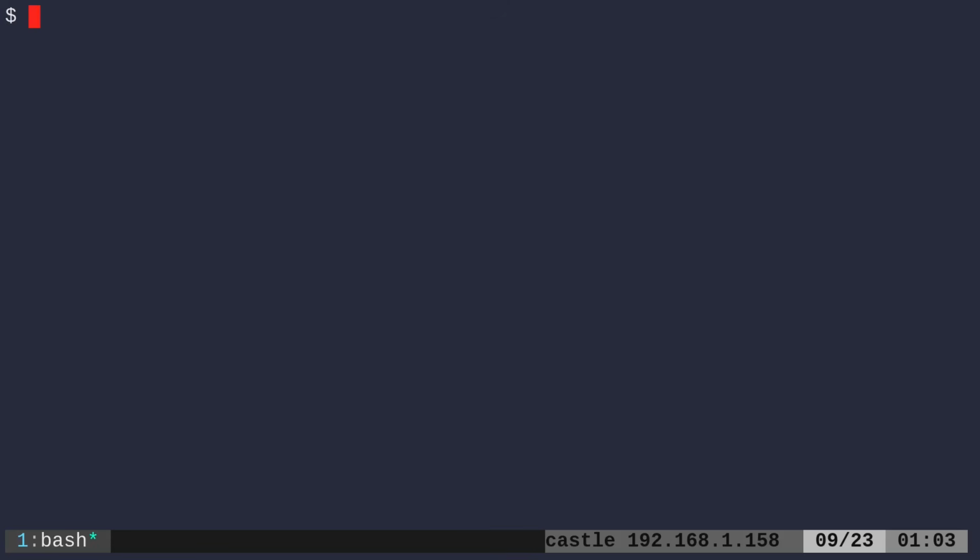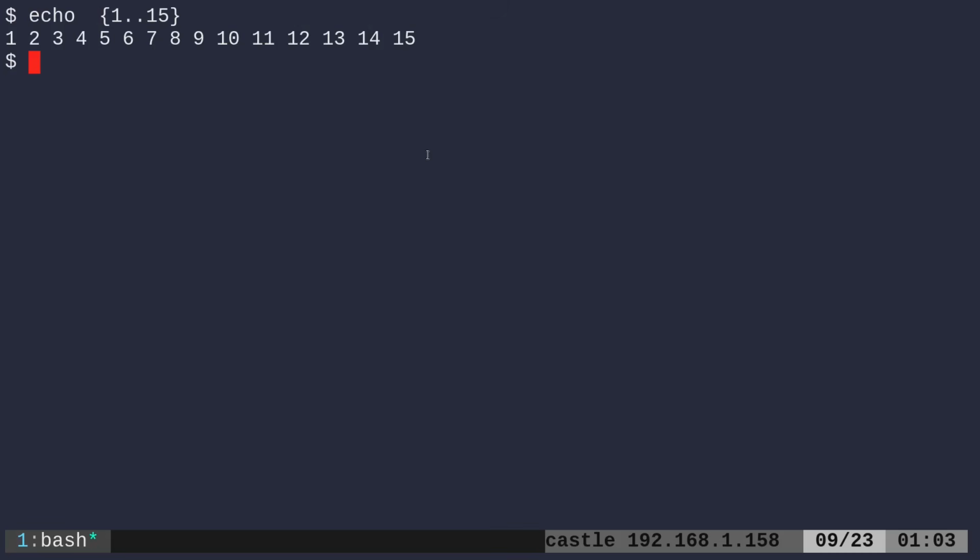So let's say I wanted to print the word hello 15 times. Well, I could do this. What this is saying is printf, and then this is going to look at the output of this. This is brace expansion. So what this does in bash, with the curly braces there, 1..15, it's going to actually count from 1 to 15. So just to demonstrate this, I could say echo, and you can see it prints out 1